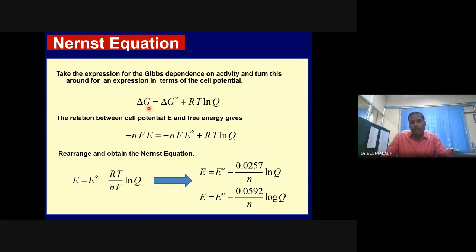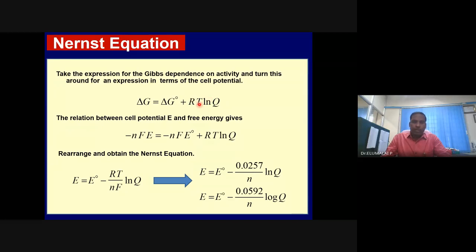So I told you that delta G is change in free energy. Delta G naught is change in free energy at a standard condition, STP, standard temperature and pressure. So it means 25 degrees, 1 atmosphere pressure, and the concentration of the analytes or the reactants is 1 mole, 1 activity. R is the universal constant, 8.314 joule per kelvin per mole.